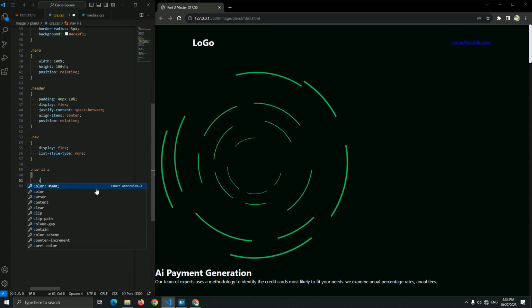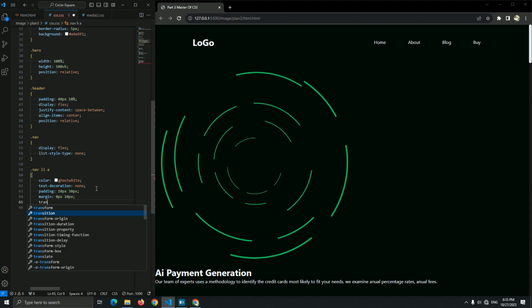Let me first add the color and text-decoration none. Okay, and padding 10 pixels 30 pixels. And add a little margin for this, 0 pixels 10 pixels. Okay, this is our padding and margin.